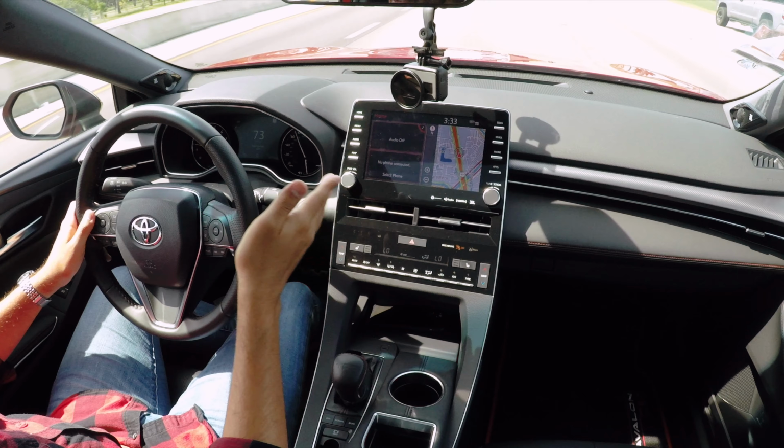So now we have this, the 2020 Avalon TRD, and we're gonna check it out, but first